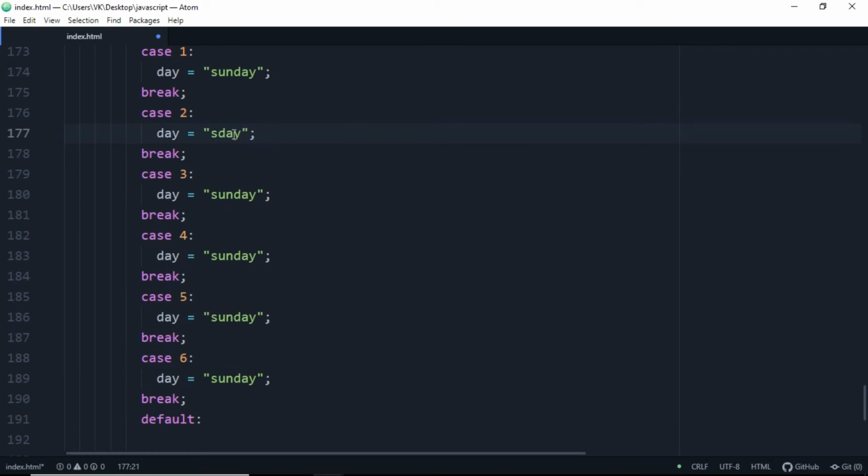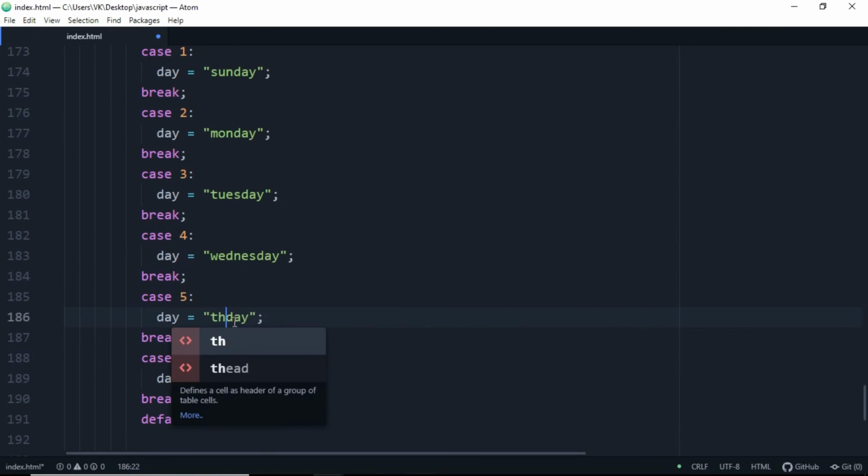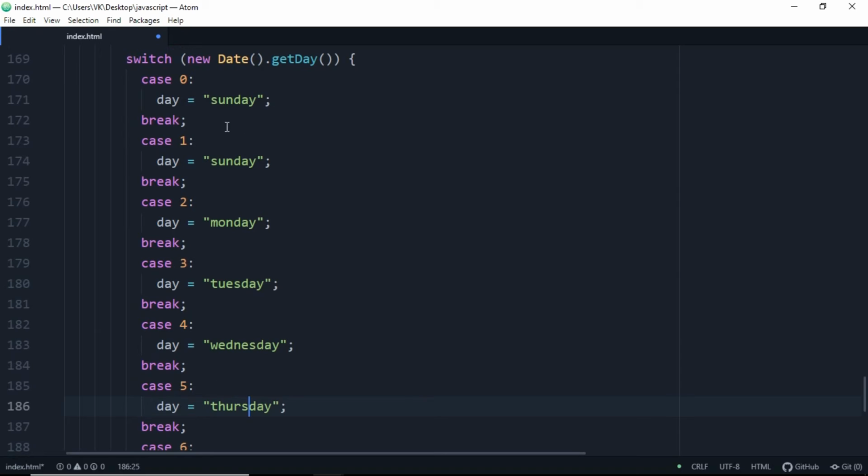Just make case 2 as Tuesday, Wednesday. Make case 5 as Thursday. Okay, I just wrote Monday in case 2. I need to write that in case 1, so let's change Monday to case 1.